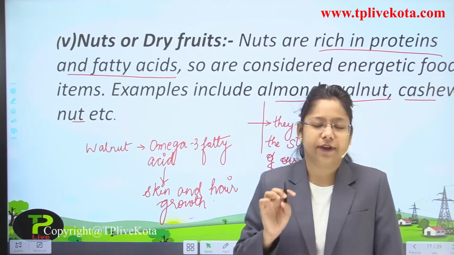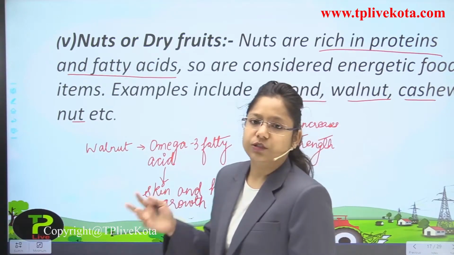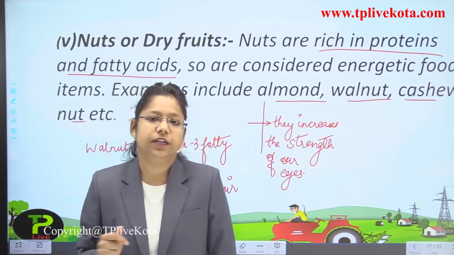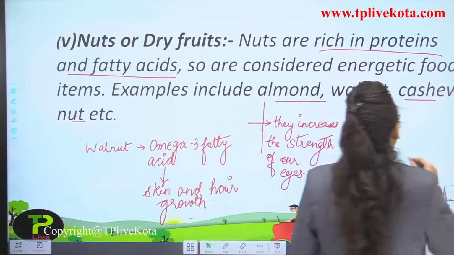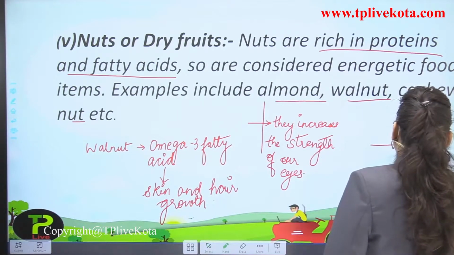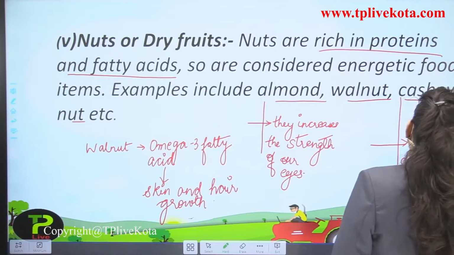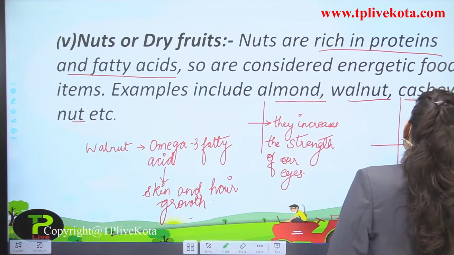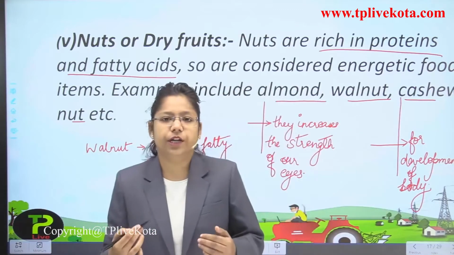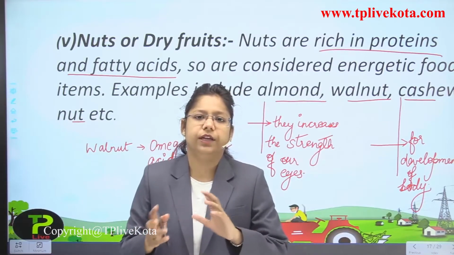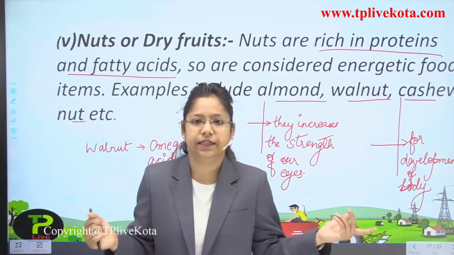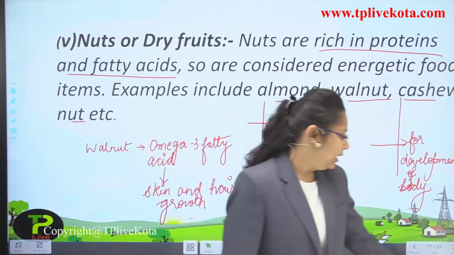Cashew nut is a very basic dry fruit, and it is also used in many kinds of chocolates also. Okay, so cashew nut is a good source for the development of our body. Development of our body means each and every part of our body requires some nutrients which are contained in the dry fruits. Okay, now let's move on towards the next part, that is the dry fruit chart over here.